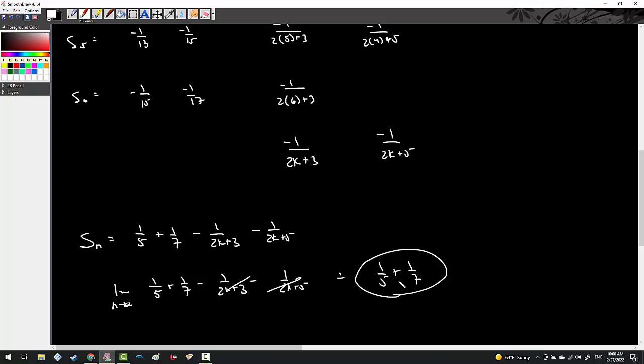But for now, that's where we're at when it comes to sequences and series. We are at geometric, we are at partial sums, and we're at telescoping series. And so hopefully you're not